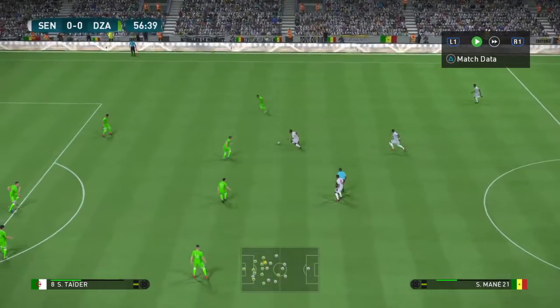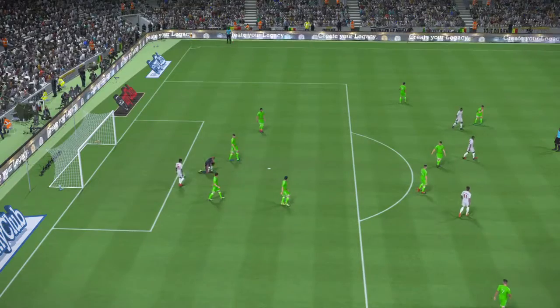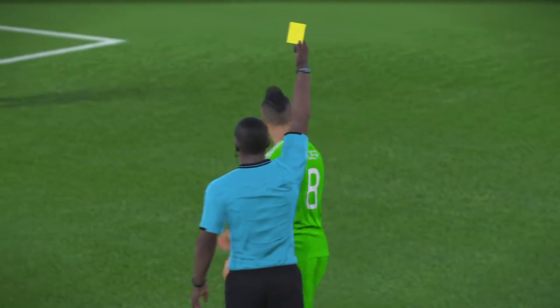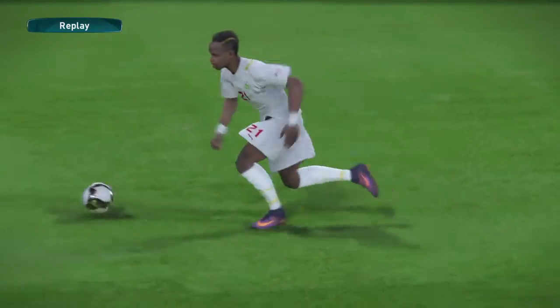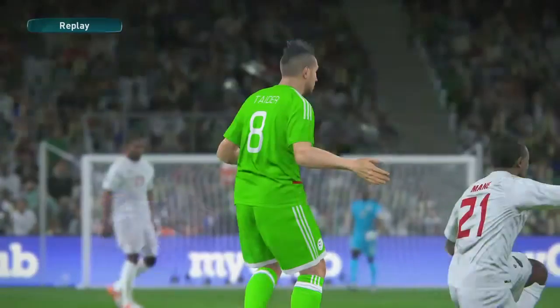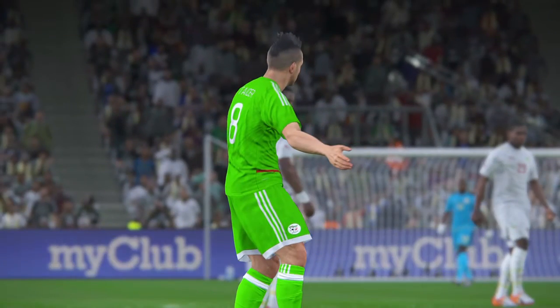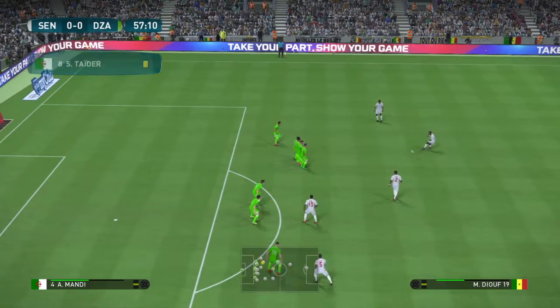And Senegal in possession, Gueye sends it in the box. And the goalkeeper of Algeria collects it. The referee has signaled with his whistle here. And it's a yellow card against Tadder. I guess the ref couldn't let him get away with this one after the previous foul there against Koulibaly. And he just came in late here against Mane. He just cleared the Liverpool man right there, and he's been booked here, so he has to be careful because the ref is not going to feel sorry for him on the next one. He just might get a red card.